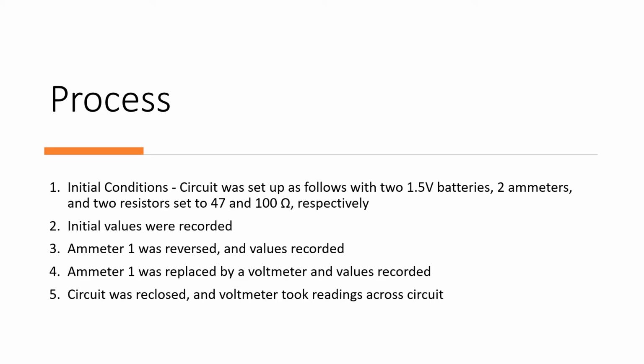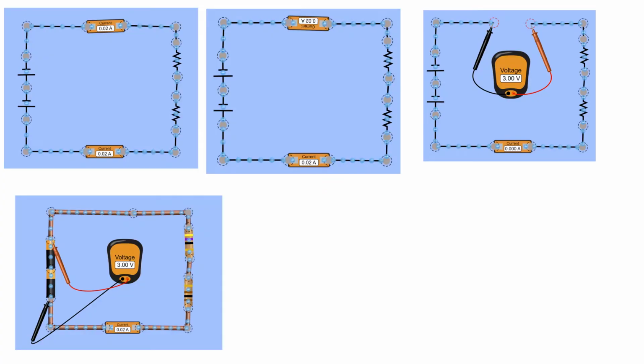We recorded values, we reversed the ammeter and recorded that, and then we replaced ammeter 1 with the voltmeter. The circuit was reclosed and the voltmeter took the readings across the circuit. You can see right here, we took out the ammeter. For the sake of the experiment, this is ammeter 1, and this down here is ammeter 2. We take out the voltmeter right over here,